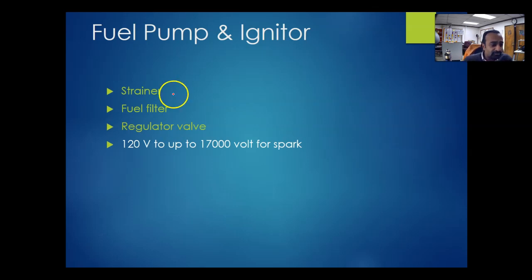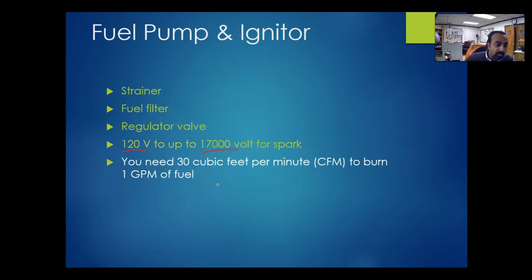For igniters, we have a transformer that goes from 120 all the way to 17,000 volts of spark to ignite the oil. This spark will provide around 600 degrees Fahrenheit to start the spark for the oil. You need, this is also nice information, 30 cubic feet per minute to burn 1 gallon per hour